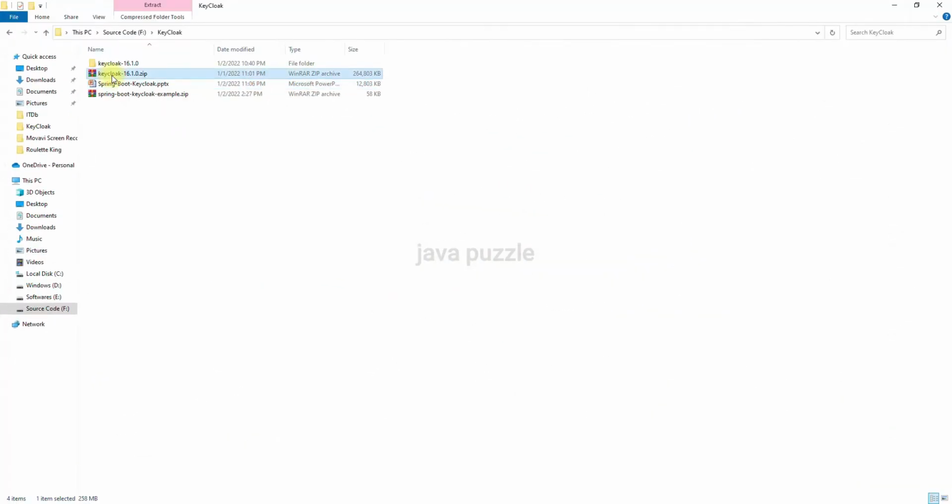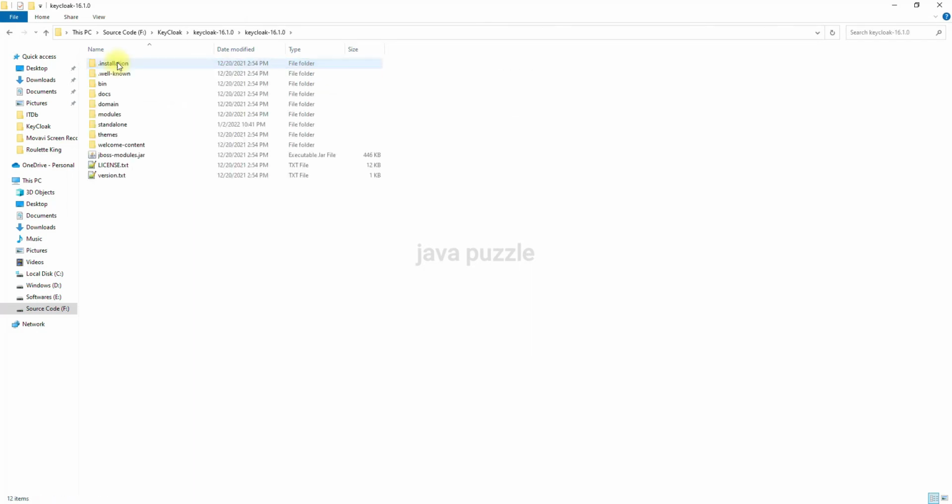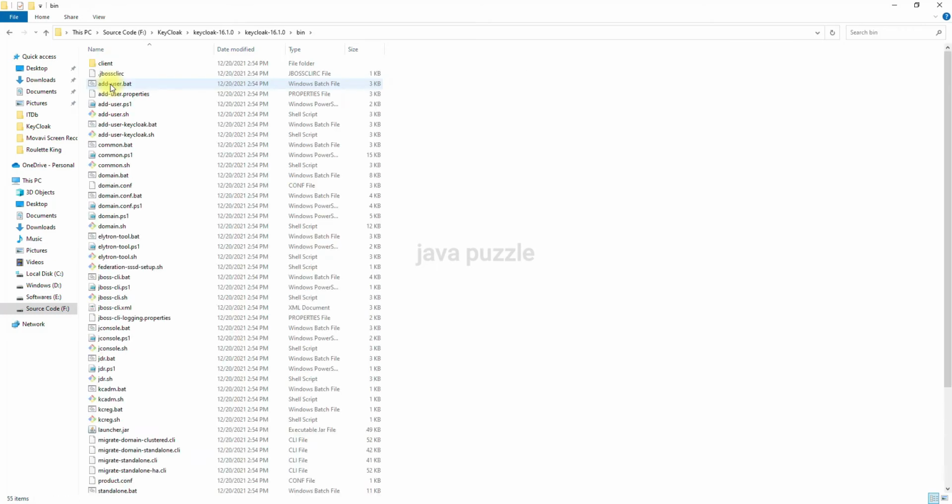When you unzip this, you will see this KeyCloak, which is the latest version 16.10. Go inside it, go inside the bin, open the CMD here,